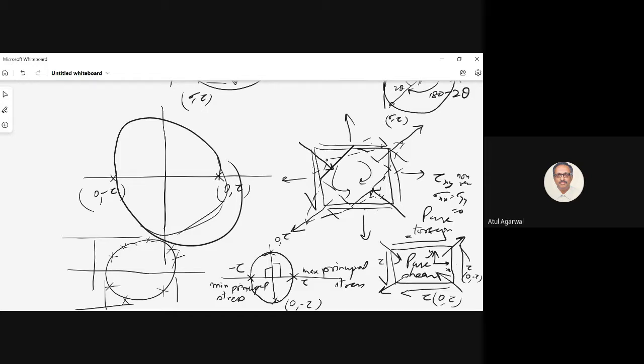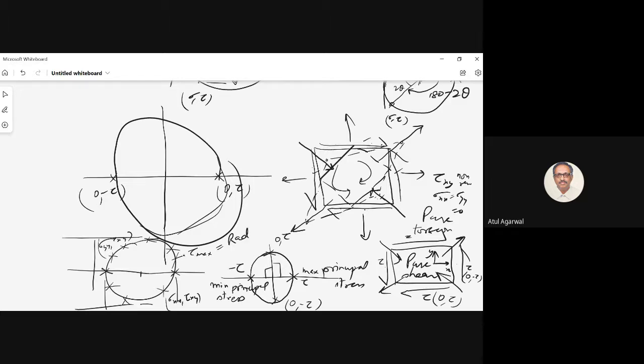So now suppose all kinds of stresses are there. Then you have this point as sigma xx, tau xy, and this point as sigma yy, tau xy. This may be sigma yy, this may be sigma xx, depending on their magnitudes. So you can find the maximum principal stress and the minimum principal stress. Then you can find tau max. Tau max is basically the radius of the circle.